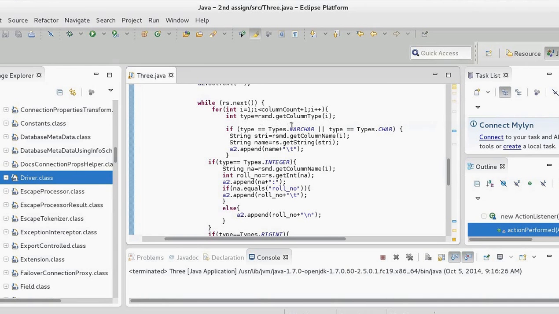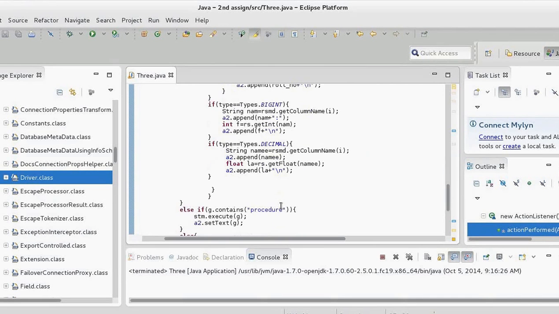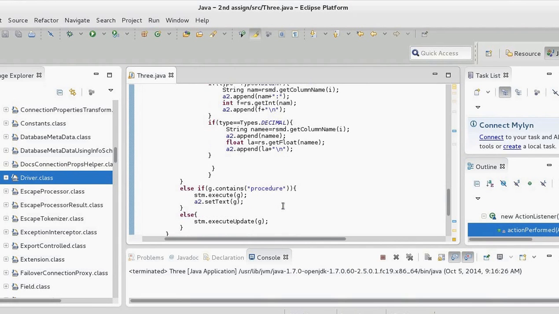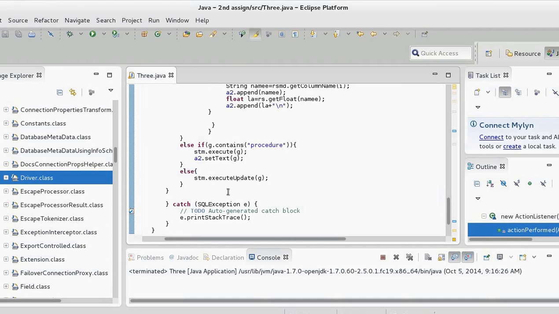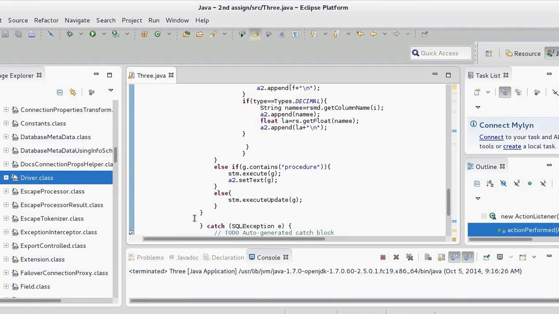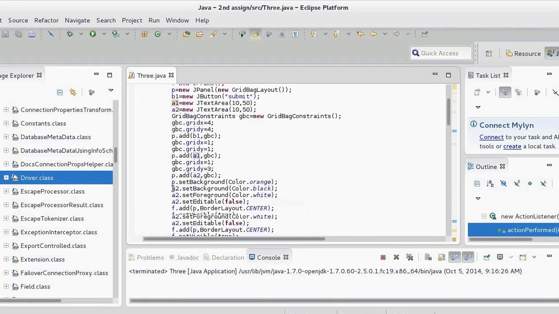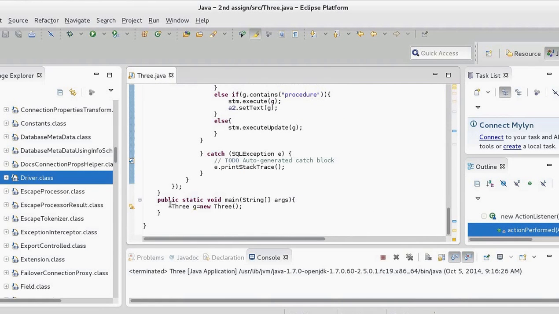So for i equal to 1, i less than column count. We'll get this from the metadata. rsmd is the ResultSetMetaData. This contains the information about the result, and rsmd.getColumnCount will return the count of the columns in the result. So we are getting the column count from the metadata, and then we are checking the type of the column. The column type can be varchar, integer, big integer, or decimal. So according to the